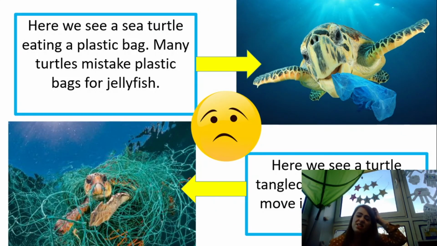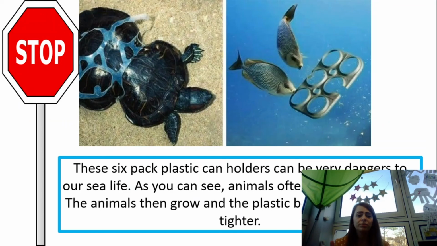Here's just some pictures, boys and girls, and they're actually quite sad, these pictures, as I'm sure you'll probably agree. So here's a jellyfish, and it's thought, oh, this plastic bag, this must be food. But actually, it's trying to eat a plastic bag, and that could end up in its tummy, which could cause it to become sick. You can see another turtle here tangled up in a discarded plastic fishing net. So some fishing companies aren't cleaning up their waste, they're just chucking it into the ocean. And how is a sea turtle going to get out? How is it going to survive? These are the problems that are happening in the ocean.